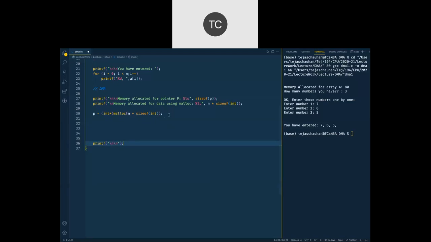This program is going to run perfectly even in Turbo C, where the size of integer is 2 bytes, and that's why we use sizeof. I want my program to run perfectly on any system, and that's why I make use of sizeof integer here.